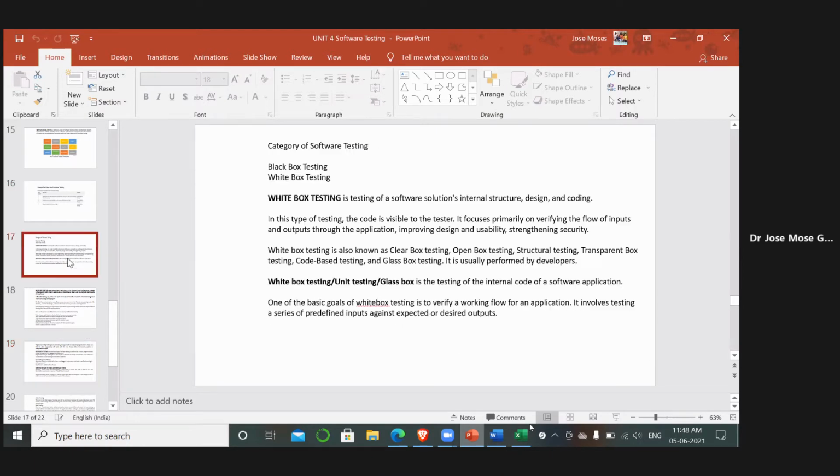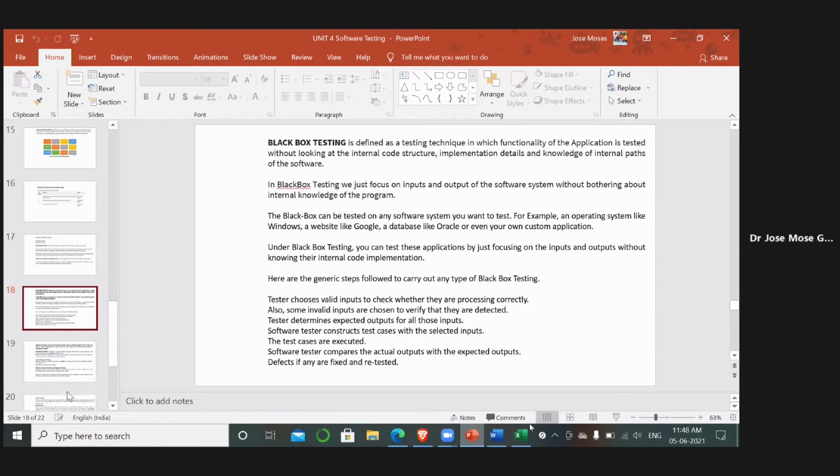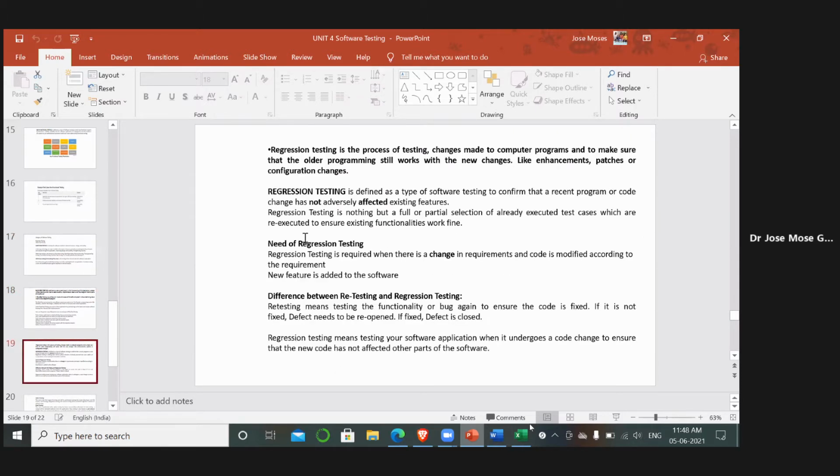If your software is built one more time after white box or black box testing, then that comes under regression testing. Regression testing is the process of testing changes made to computer programs to make sure that older programming still works with the new changes.